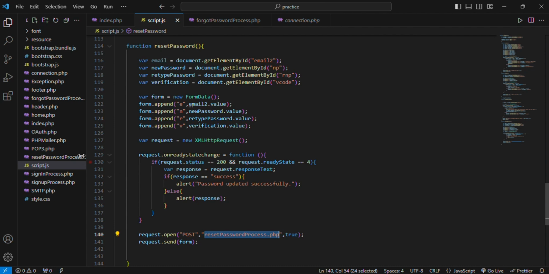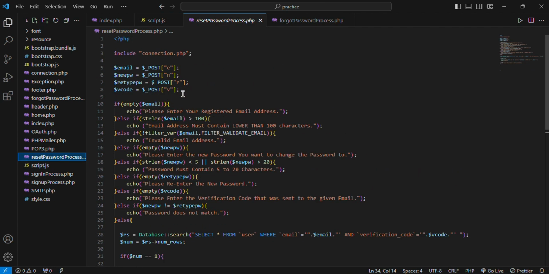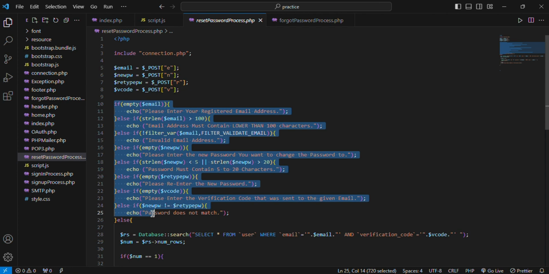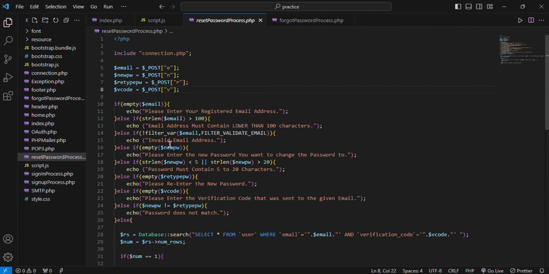Now if we check the file called resetpasswordprocess.php, we can see that I have once again included our connection.php file, which maintains the connection to the database, and below it you can see I have held the email, the new password, the retyped new password and the verification code in variables, and below it you can see I have added data validations here and checked whether the email is empty, then to echo please enter your registered email address, and